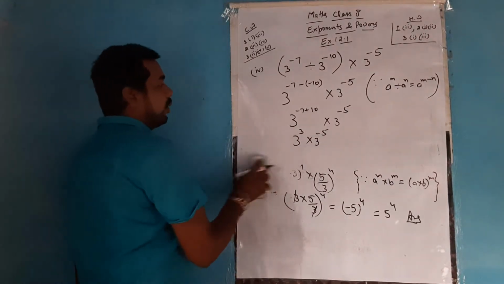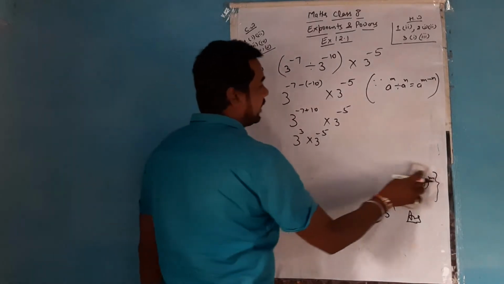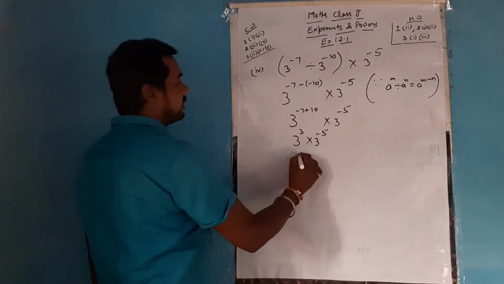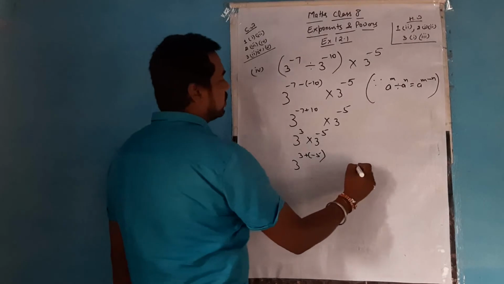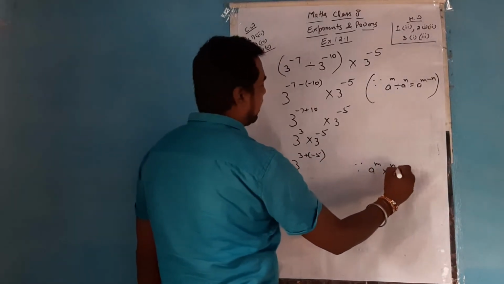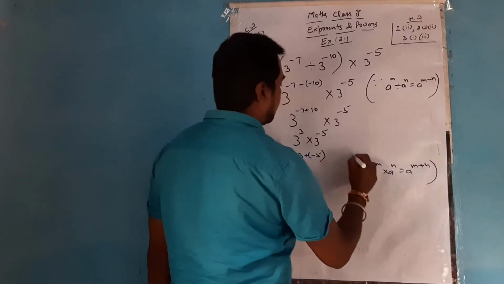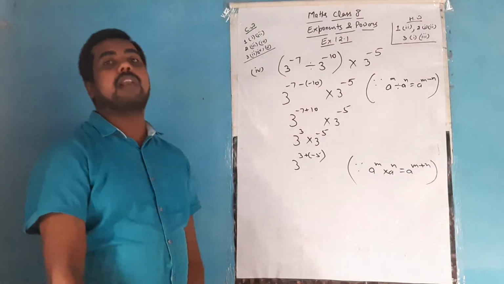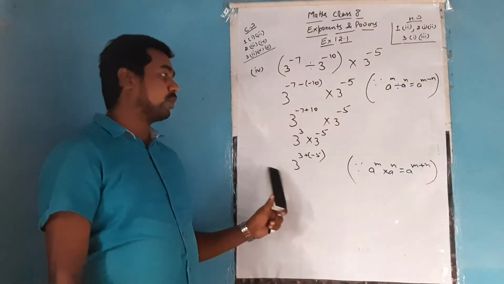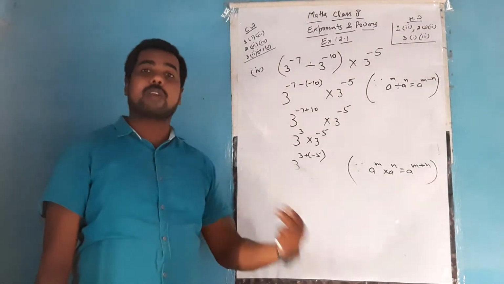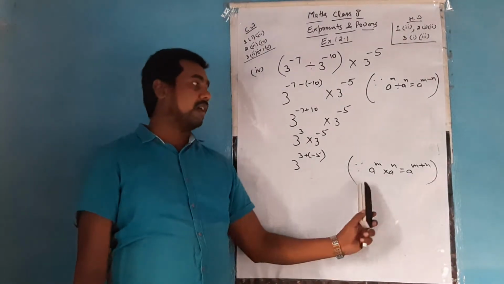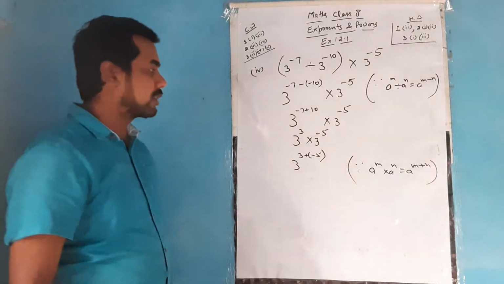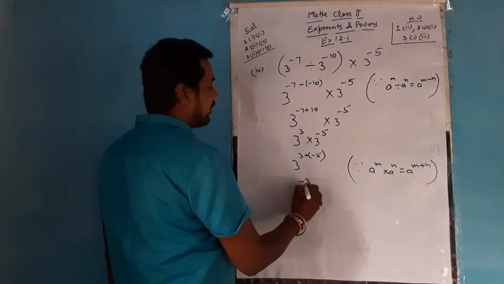Now as you know that when the bases are same and between them there is a sign of product, then we apply the first law which says that we'll add up the powers. So we write a power m into a power n is equal to a power m plus n. When you mention the property which you are using, that means that you are very well aware of the question. It doesn't mean that you don't know its application. It means you know how to write the answer, how to portray the answer. So that's why it is the correct way of portraying the answer. So do mention the property wherever you are using in exponents and powers. So this becomes 3 power minus 3.